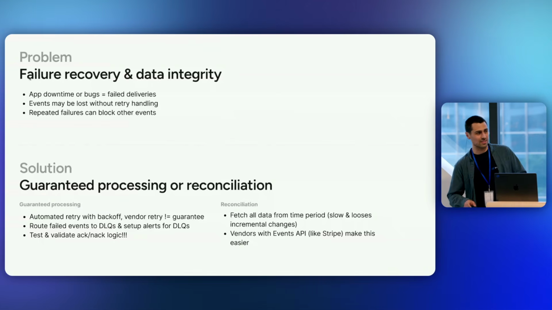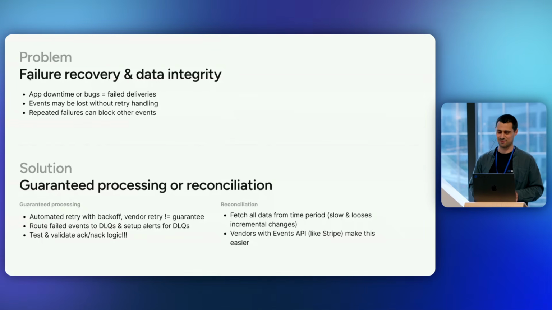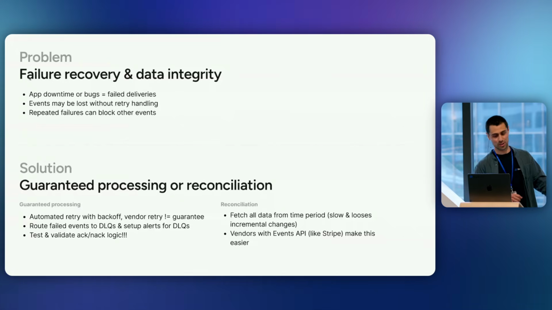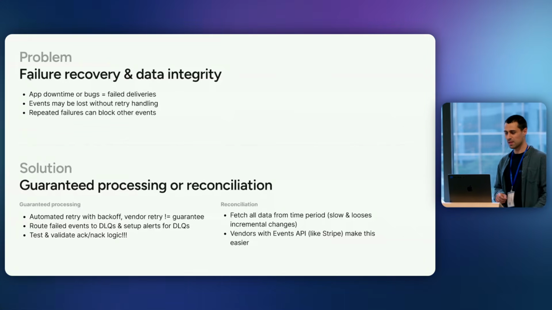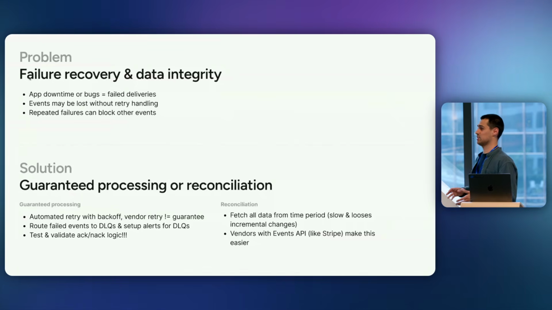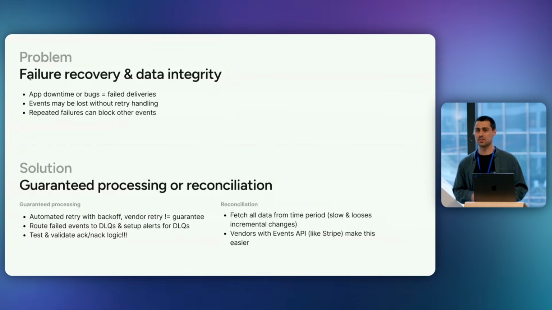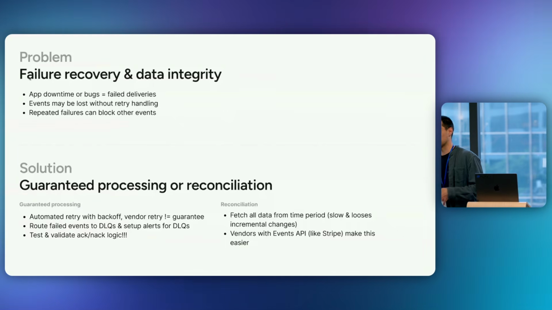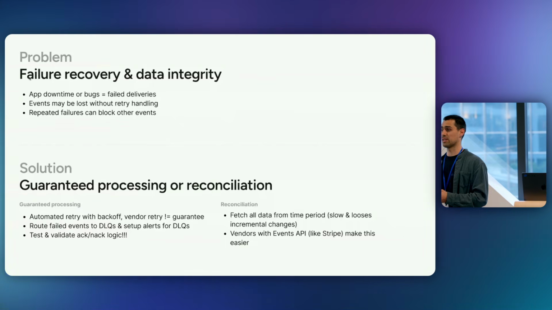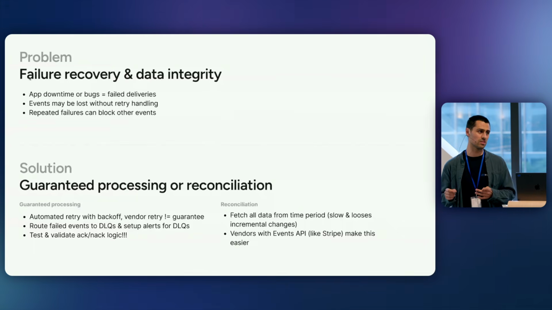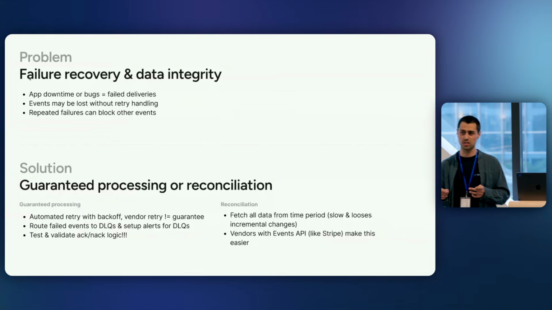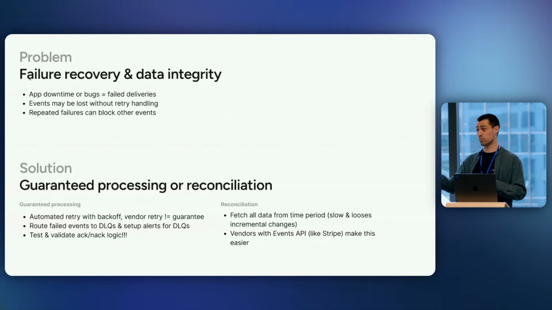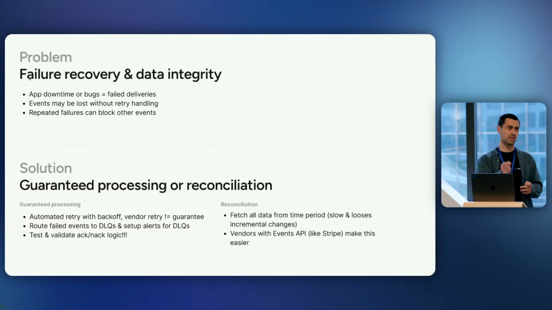Okay, next point is that eventually something will fail, right? You'll do a bad deploy, a server will go down, a database will crash, a worker will crash, the list is pretty long. And so in that situation, if you care about data integrity, you basically have two solutions. The first one is to design so that you have a processing guarantee. That means you need to evaluate every single component in the request chain and make sure that each one of those components is guaranteed to either process or persist if it doesn't process.